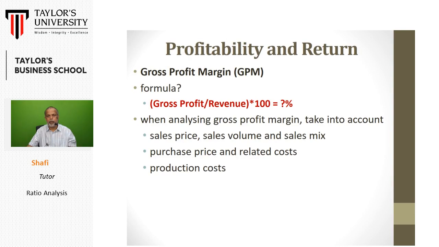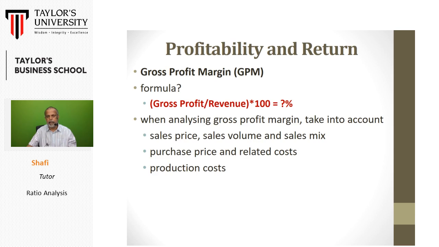So today we will continue our discussion on profitability and return. Under this broad category of ratio, we have a particular ratio which is called the gross profit margin, or GPM. So how do we compute this GPM? The gross profit margin can be computed by the gross profit divided by the revenue multiplied by 100 to convert this